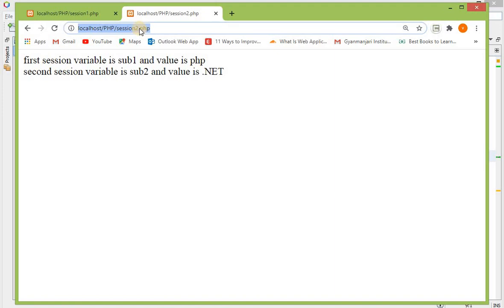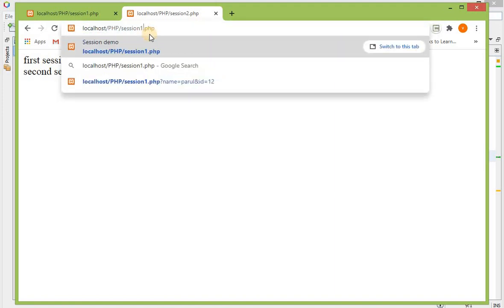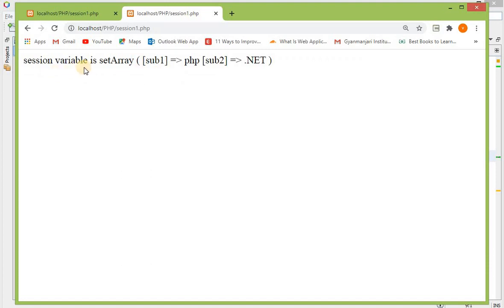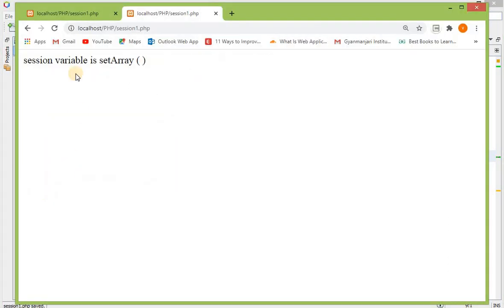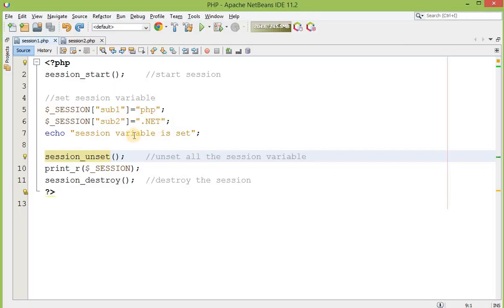This is my session2.php and we were working on session1.php. Save this change and execute it. Now you can see we got the statement, session variable is set, but after that we called the unset function and the session was destroyed.